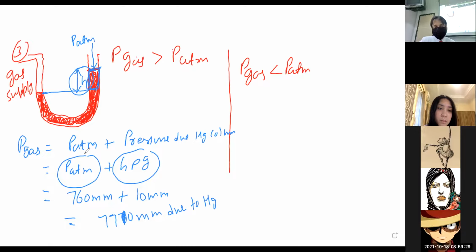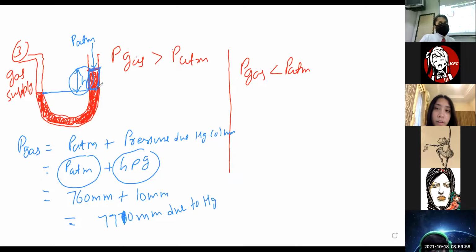So let me come to the second part of this topic, third subpart, and that is if gas pressure is lower than the atmospheric pressure. May I know, children, what happens if gas pressure is lower? What will be the situation, and what difference will you find in the level of the mercury tube in this manometer, children? The mercury will rise on the left side. The left side will be higher than the right side. Do you agree here, children?